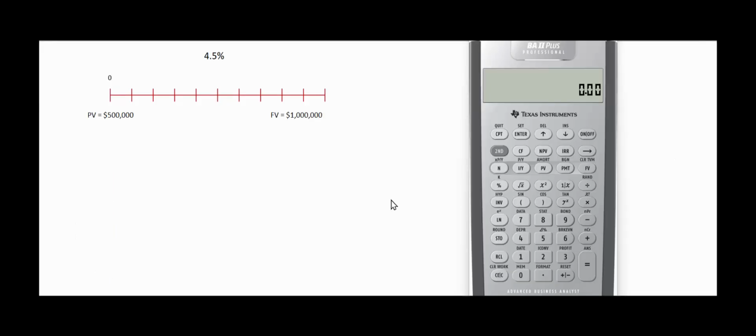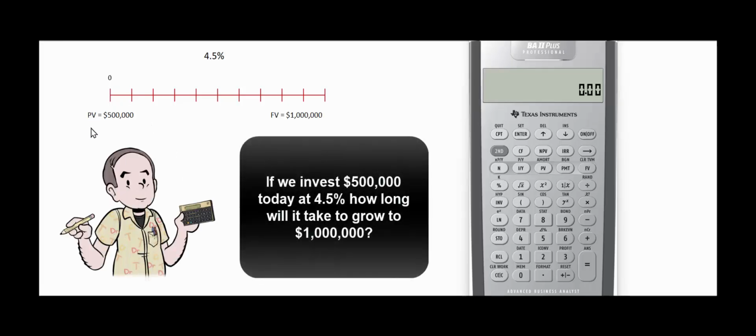All right, let's solve for N, the number of periods. We're going to invest $500,000 today. It's going to earn 4.5% for us every year. How long will it take to grow to $1 million? Well, hit second, clear the time value menu. What's the N? Well, that's what we're trying to solve for this time. The I is 4.5 interest per year, per period. $500,000 is how much we're putting out of pocket today. So we'll put that in as the PV. There are no payments to be made in the meantime, and we're going to receive $1 million at the end. So let's compute N,